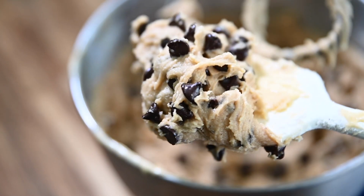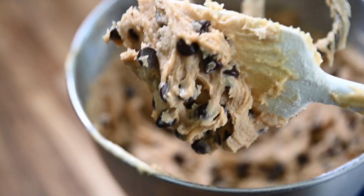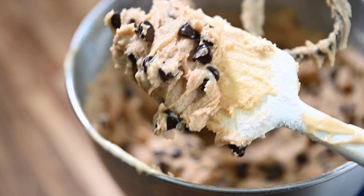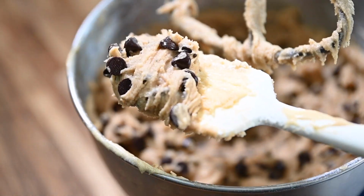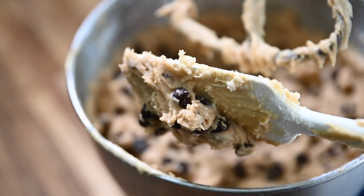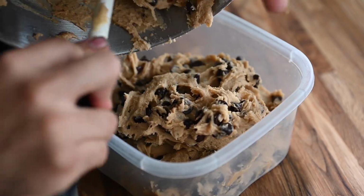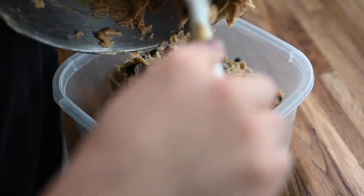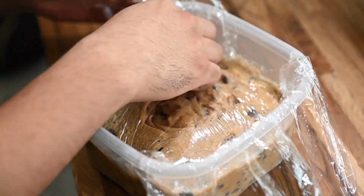Alright guys, time for the sad part. This dough has to go in the fridge for at least 4 hours. If you bake them right now, they'll just go flat and burn to a crisp. We gotta give time for that butter to re-solidify and for the flour to get nice and hydrated. So go ahead and pop this in some Tupperware and then throw some plastic wrap over it, or if you can find the lid, that works too,